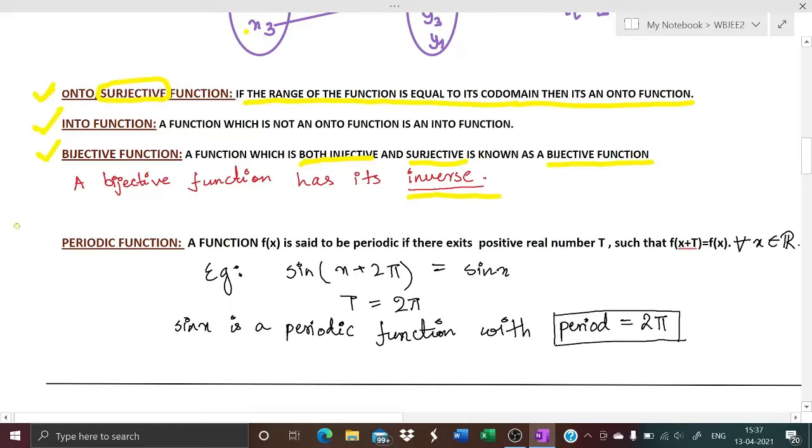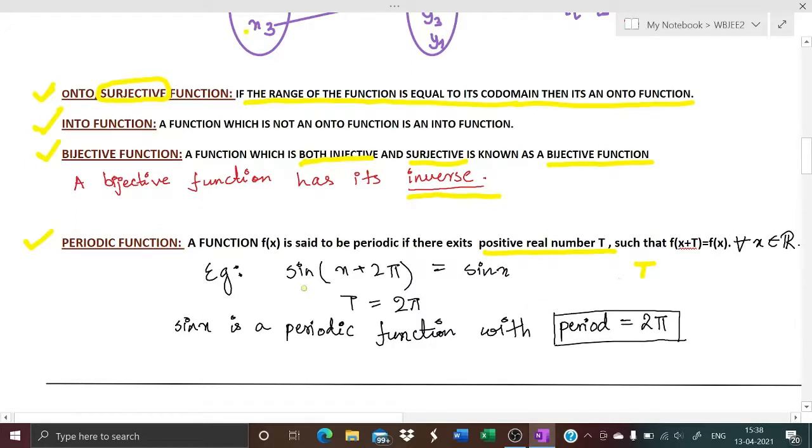Next is the second part of this lecture, that is periodic functions. So a function f of x is said to be a periodic function if there exists a positive real number t such that f of x plus t equals f of x for all x belongs to R. So if the function repeats itself after an interval of t, after every interval of t it is repeating itself, the same nature of function is coming out, then your function will have a period of t